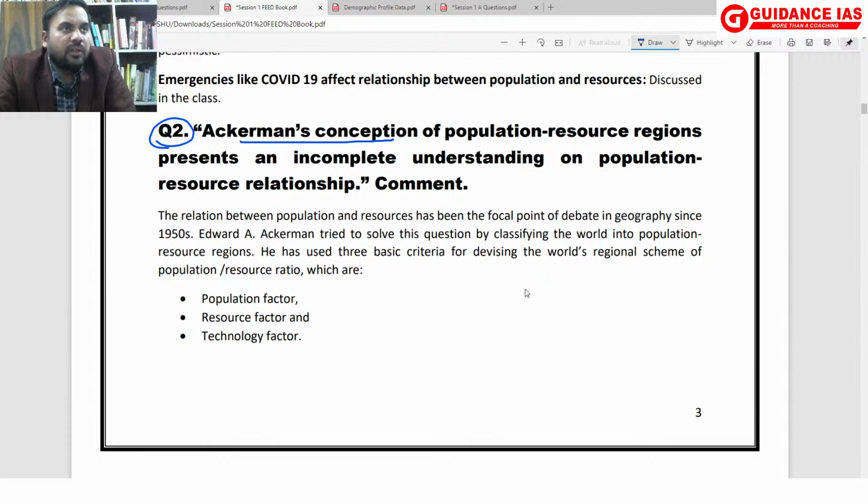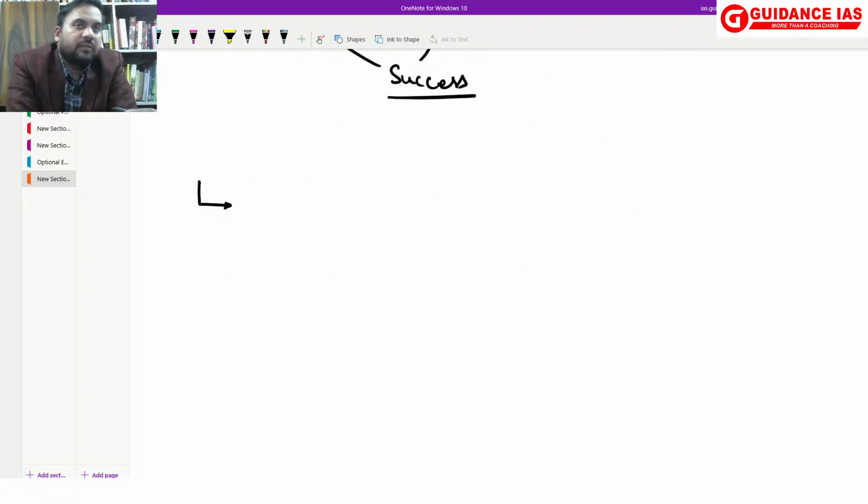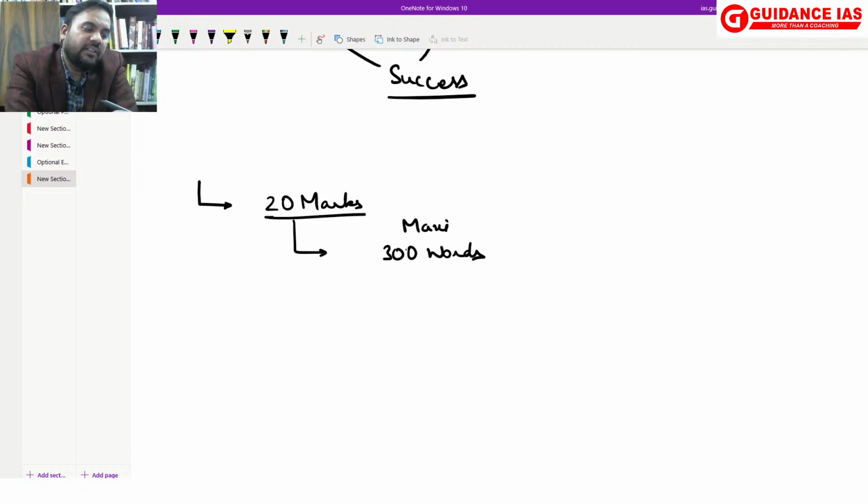Saurabh is asking, what about word limit? How much for main body will diagrammatic flowchart suffice? Okay, so word limit for a 20 marker, the word limit basically is for 20 marks, it is somewhere around 300 words you can write, and I am saying this maximum. इससे ज़्यादा भी लिख सकते हो because it is not mentioned there, but this is the maximum number of words you can basically write.